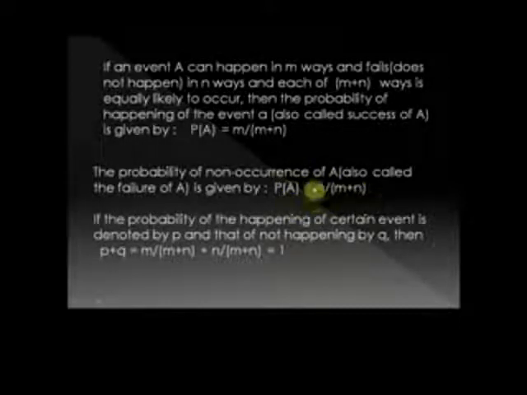Here we are trying to calculate the probability of non-occurrence of A. So the number of ways which are favorable to the non-occurrence of A is equal to n, because we have seen that there are n number of ways in which A cannot happen. So n divided by (m plus n), which are the total number of ways, would be equal to P(A complement), that is the probability of non-occurrence of A, that would be equal to n divided by (m plus n). Now if the probability of happening of certain event is denoted by P and that of not happening